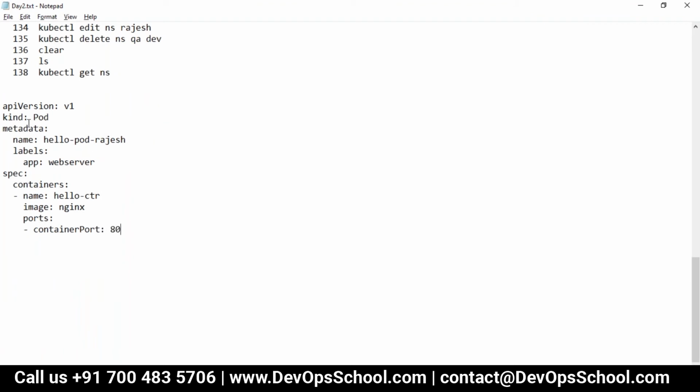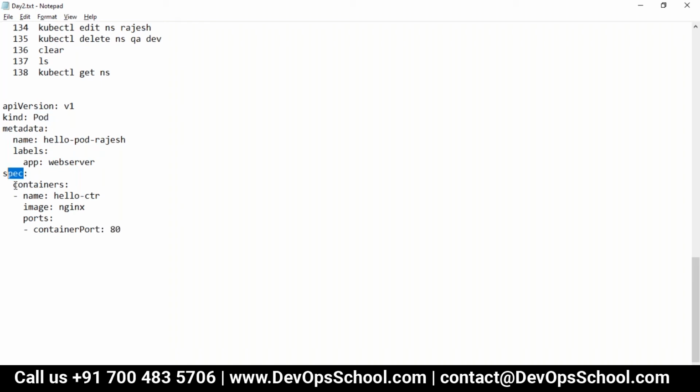See here, this is what I was talking about. Whenever you write YAML, you have to write a version and kind. Now what is the name of the pod? Some label. A pod has a container, right? So what is the pod specification?